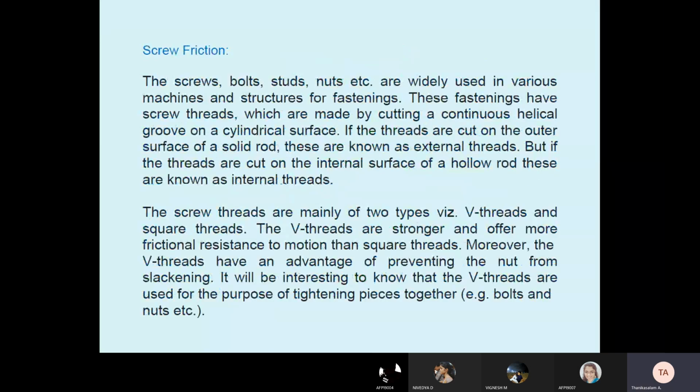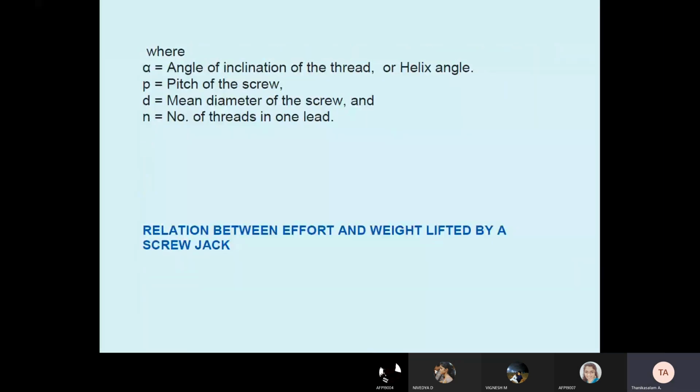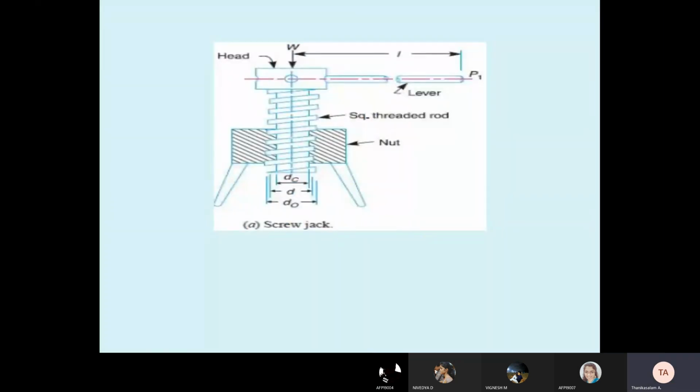We started screw friction. The screw is having thread. You see these diagrams, you will know where you are using this screw jack. Frequently, we have seen this type of screw jack for lifting the weight. The weight is downward, but by using the screw jack and the lower lever, we are rotating either clockwise or anti-clockwise. So based on the direction, the weight is maybe lifted or lowered. So this is called a screw jack.